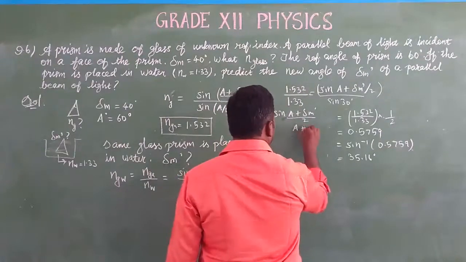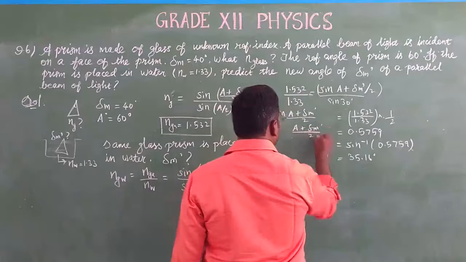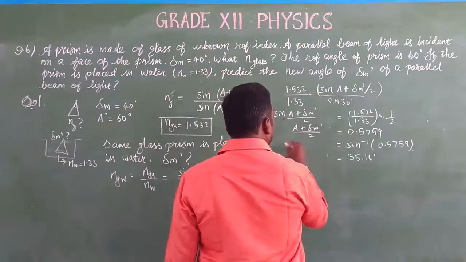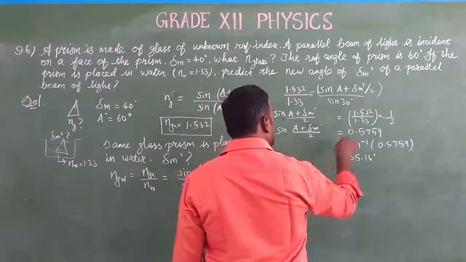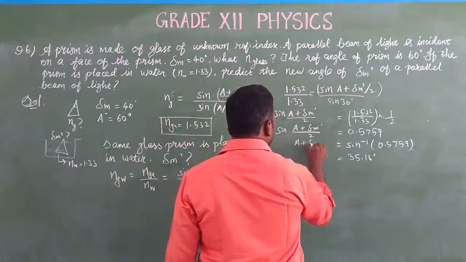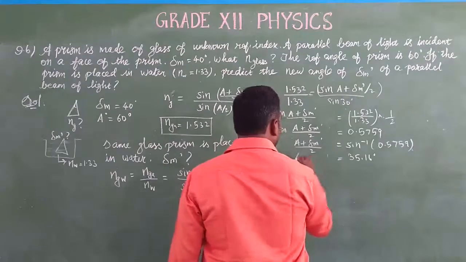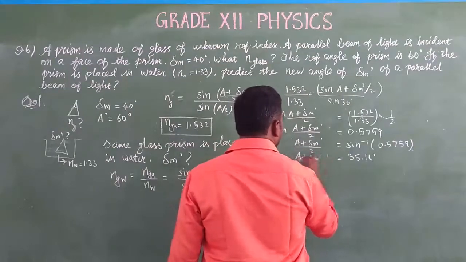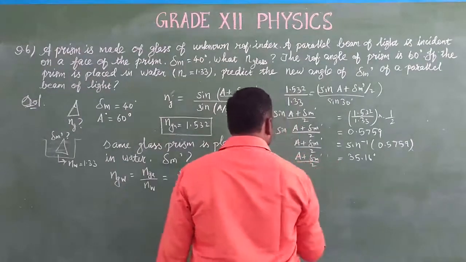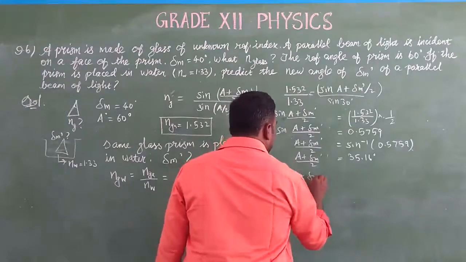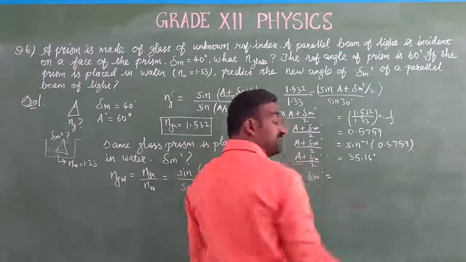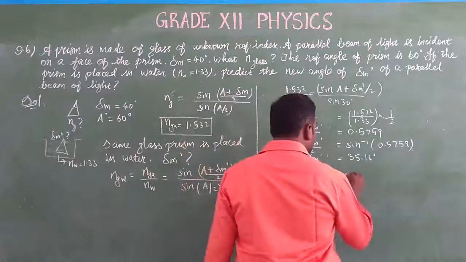So (A plus delta m dash) by 2 is equal to this value. And sine you transfer to that side. So (A plus delta m dash) by 2 is equal to this value. And A plus delta m dash, you multiply the 2 to the right hand side, and you will get